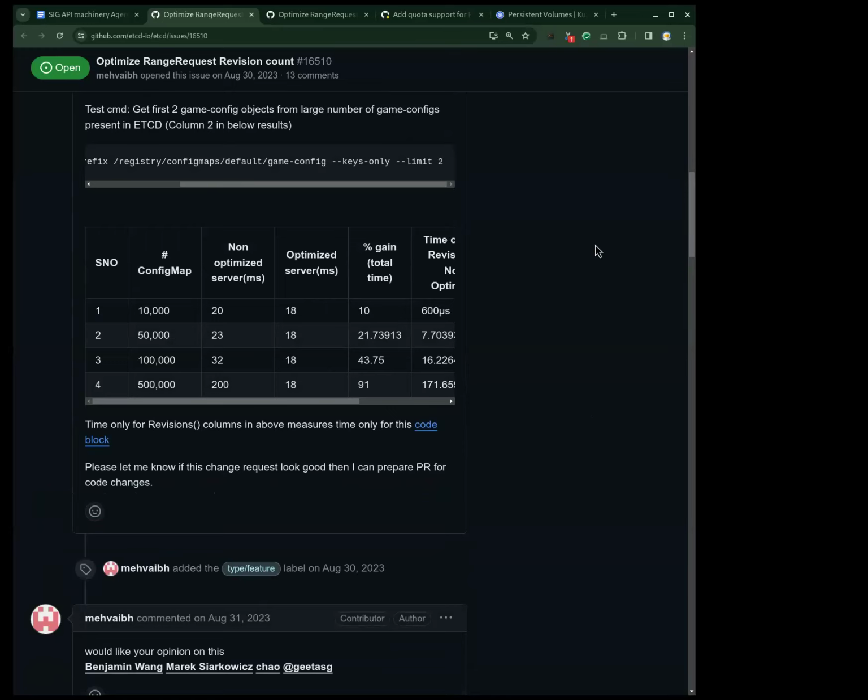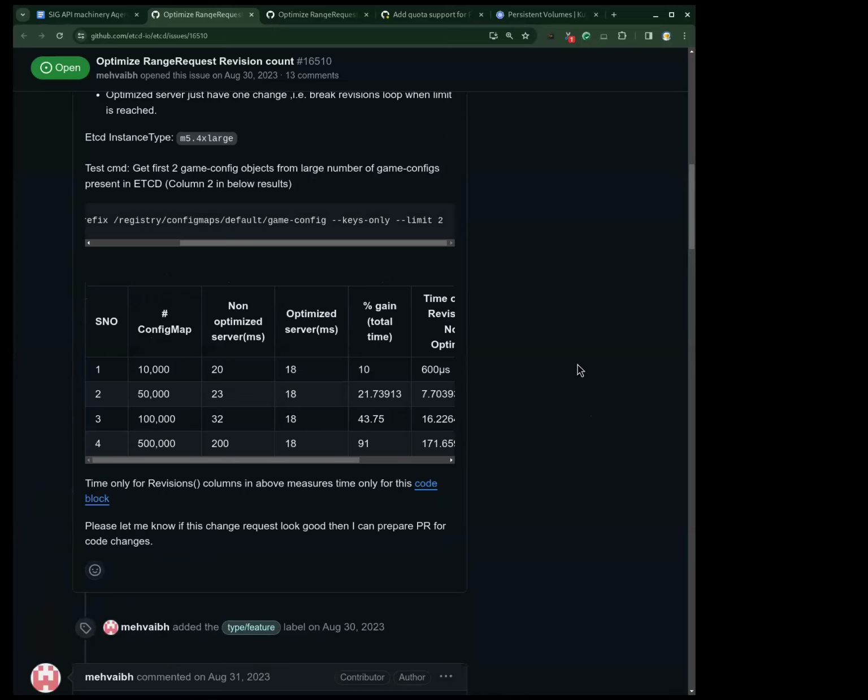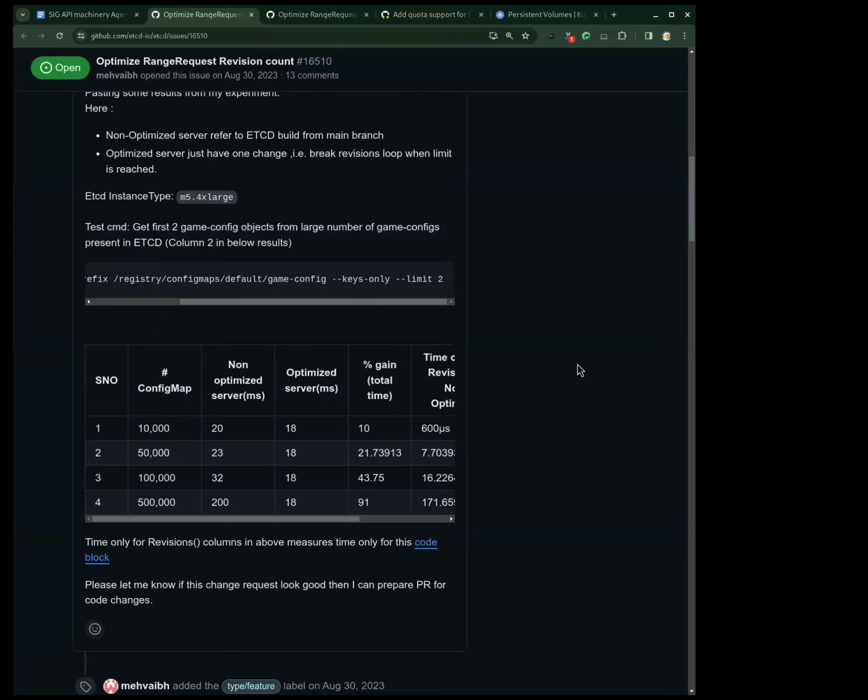So to make it backwards compatible, they wanted to send the count, but they also wanted to see if we can, from the API server side, rely on not sending the count from etcd itself. There are some ways to get around this. The API server sends a list call, and the first page of the paginated list call will get the count back, but there will be another field introduced, which in this proposal they call the no count field, for the subsequent paginated calls.